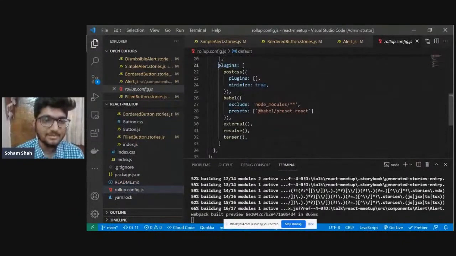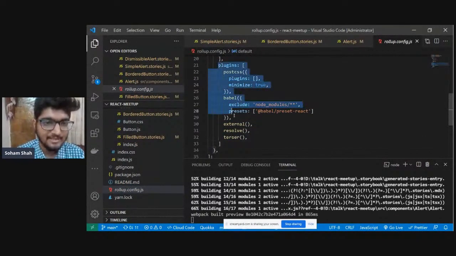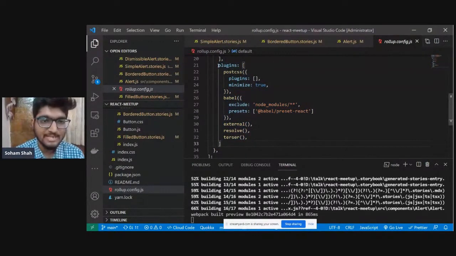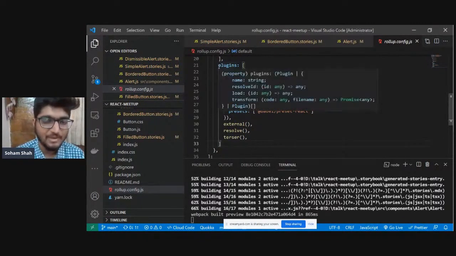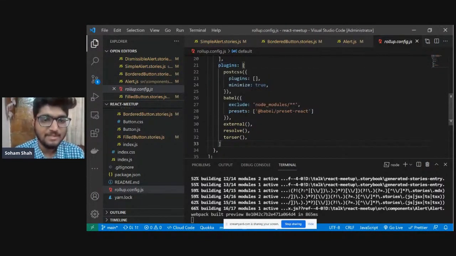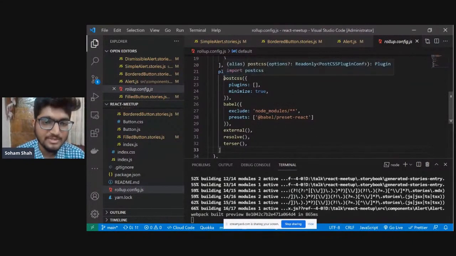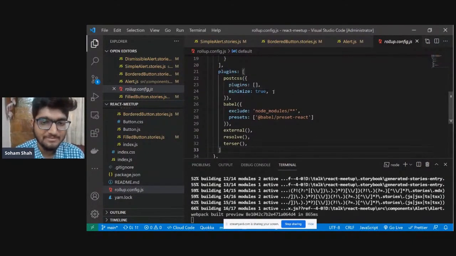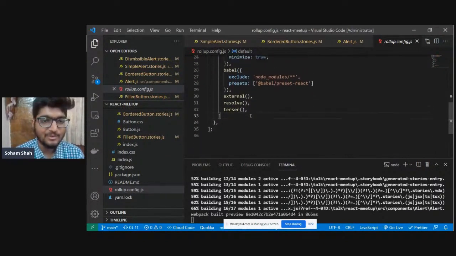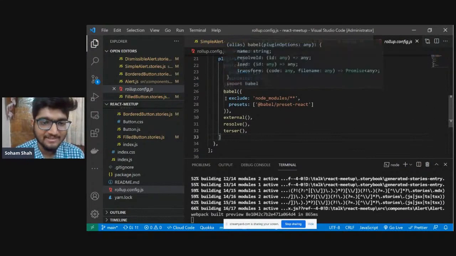But Rollup also has very good documentation and a community around it, and they are coming up with really new solutions to bundling. So do check out the community. I guess they have one on Slack. So the plugins that we just discussed: the postcss plugin, and we want to minify it. There are a couple more parameters, but it is out of scope to discuss that.